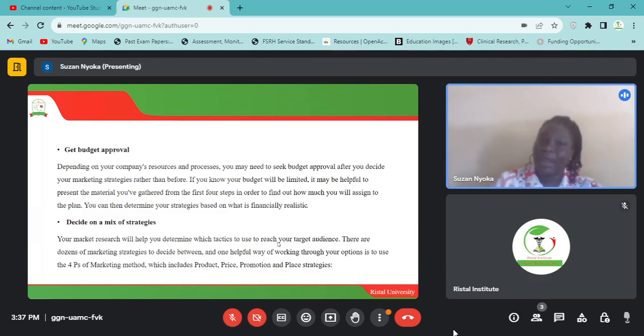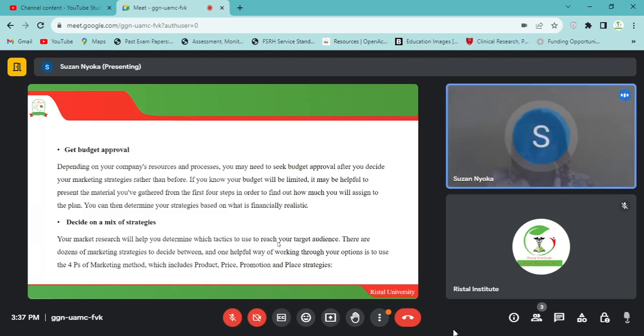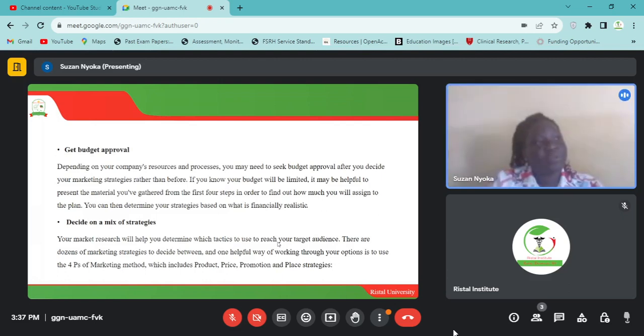And then you can use the price. Of course, you can decide to have a slightly lower price, or a price that is affordable to your target audience. And then you can also consider promotions. You can promote your products frequently. And then you can also consider the place strategy. Of course, you know the population, you know their earnings, you know what they always want, and all that. So you can decide to just make the products that a specific population wants.